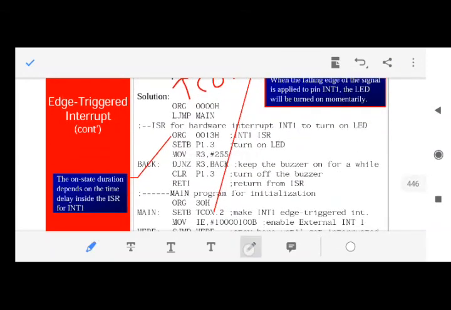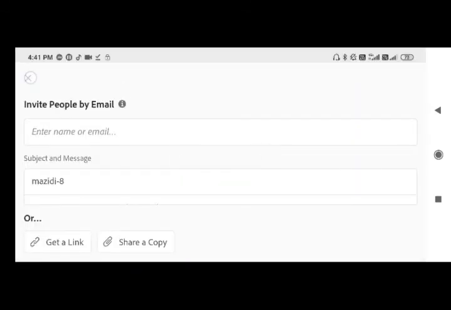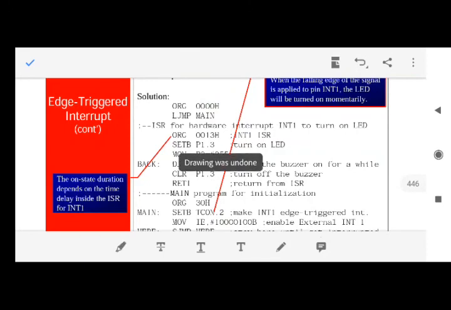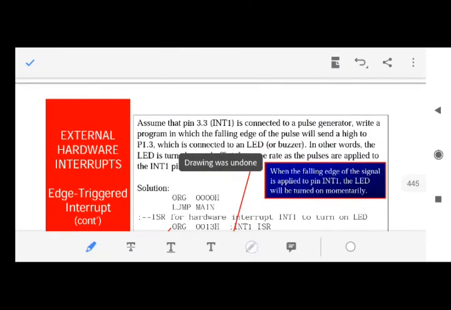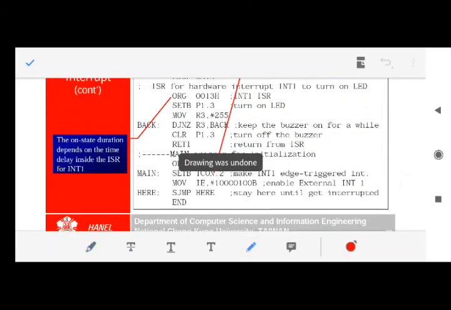So see, the second bit of the TCON register is set. Why is it set? It is set because it has been said in the question that you have to use edge type of triggering. So you have to enable the edge triggering here. And to enable the edge triggering, what have you done? You have just added one more line. All these lines are similar to previous examples, but here you have just added one more line to make it